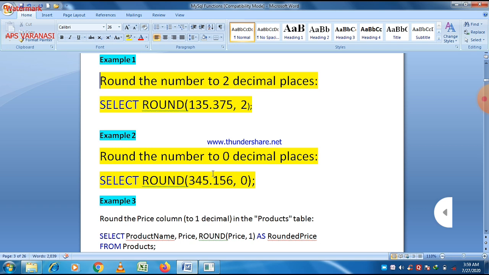So 135.375 comma 2 will give you 135.38 after performing the round function. And in the second case, select round 345.156 comma 0 will give you 345. So these are the two cases here.